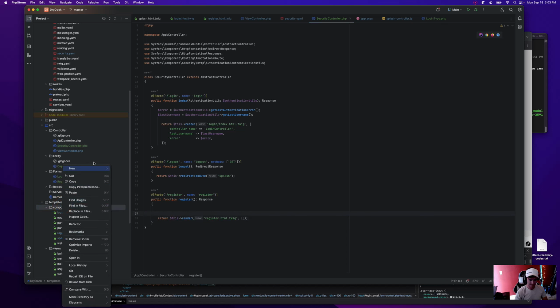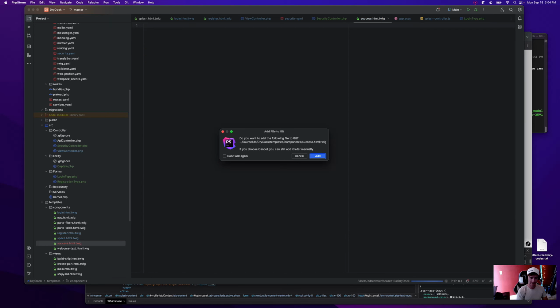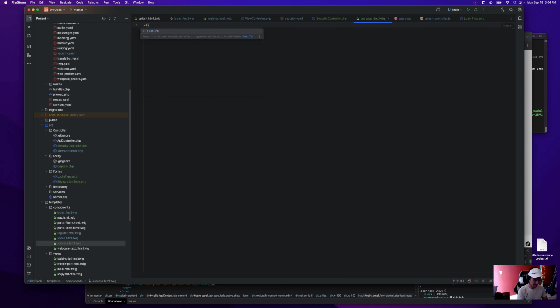And we're going to make this little thing Turbo frame ID. Oh, nope, just ID. And Turbo ID.